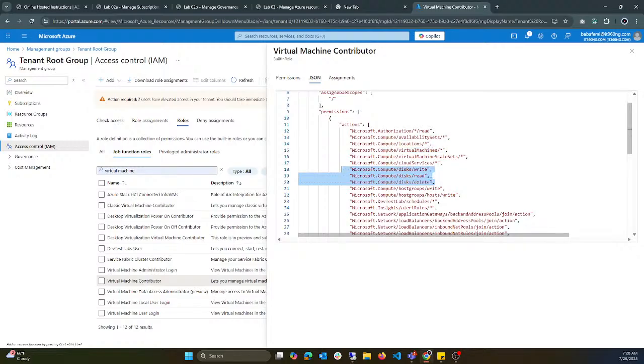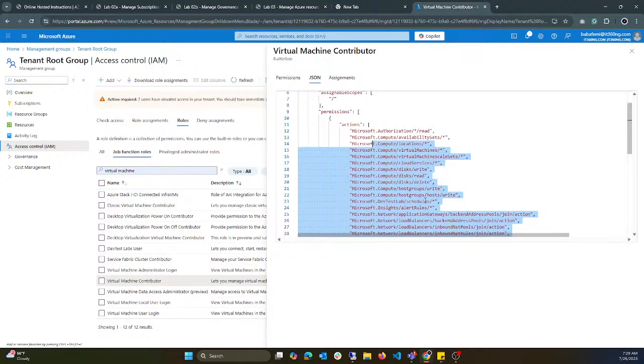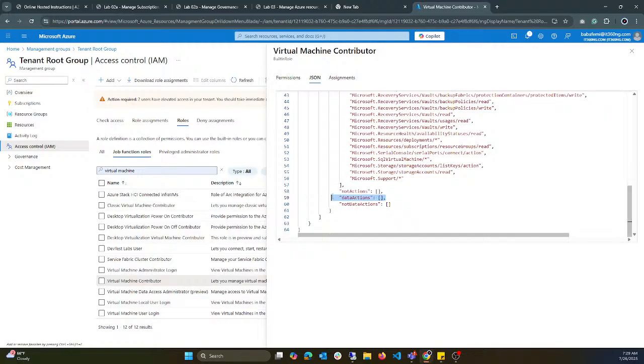Then I can take out the delete action, take out the write action, and the user is left with the read permission. Now what this does is the user is not able to delete, is not able to create. The identity is only able to read. So that's what we have here. What we have here doesn't have anything to do with the data within that particular resource. Now when it comes to the data, we'll be talking about the data action. But before we get to the data action,